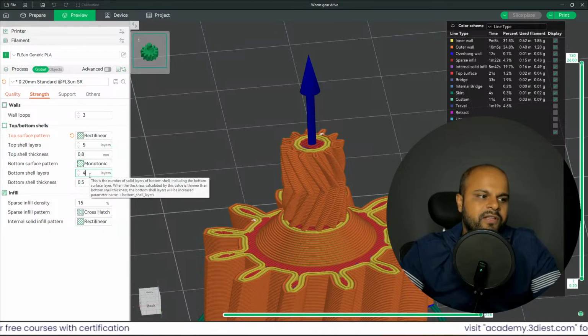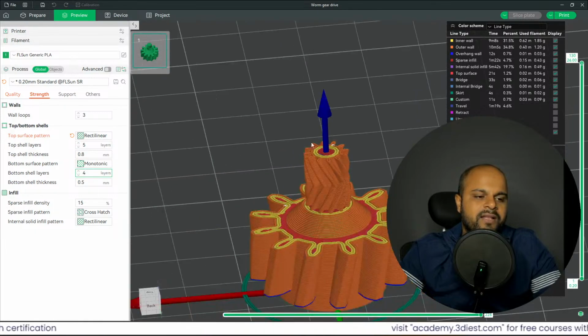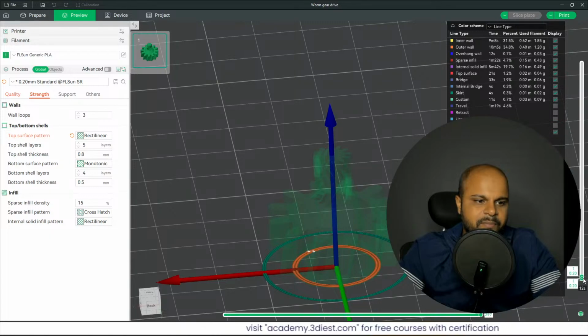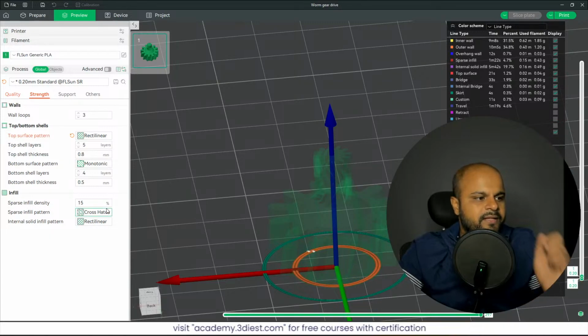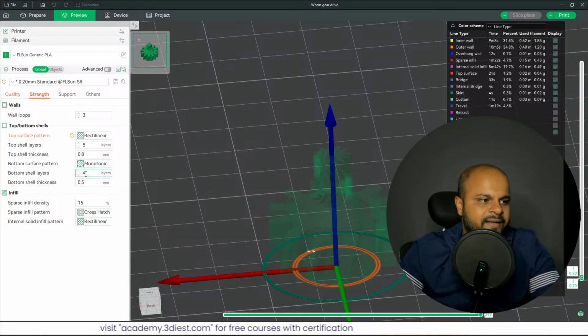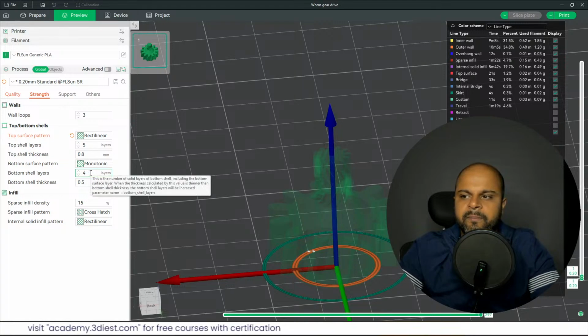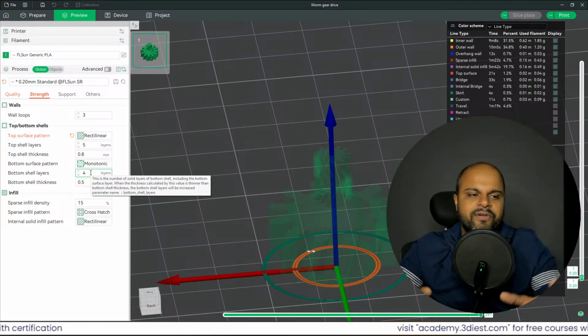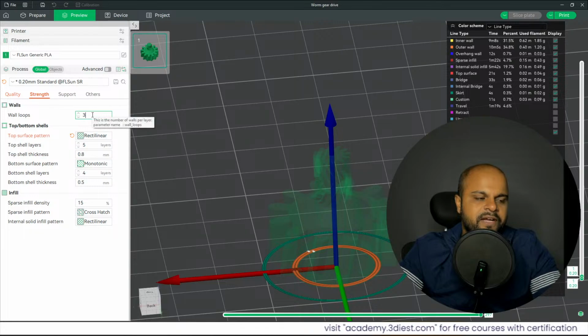In a similar manner for the bottom layers, from where the model is just getting started. For example, here I will show you. Here you can see this is my bottom layer, right? The same thing is getting applied to the bottom layer. The number of layers we had specified is 4, but this number you can change, right? You can change 4 to 5 if you want to make your model stronger. Whatever wall loops you had specified, accordingly you can specify the top and bottom wall thicknesses. For example, this is 3,